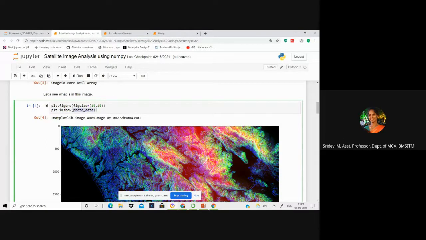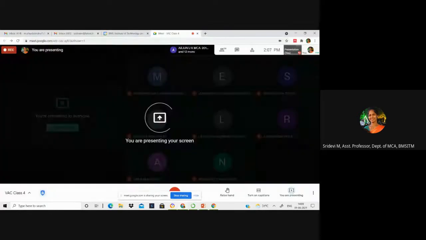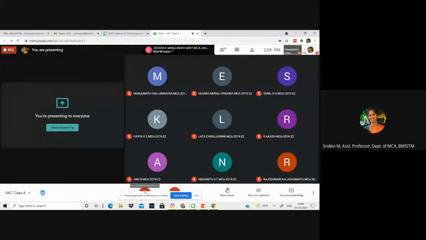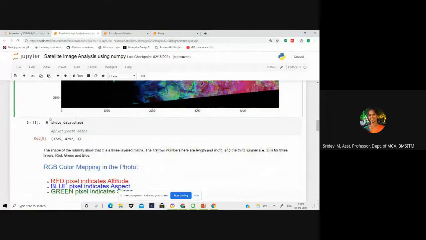Whatever is fetched into this variable photo data. Now that satellite image will be displayed like this. Now, if you want to see the size of this photo data, you can get it as photo data.shape.